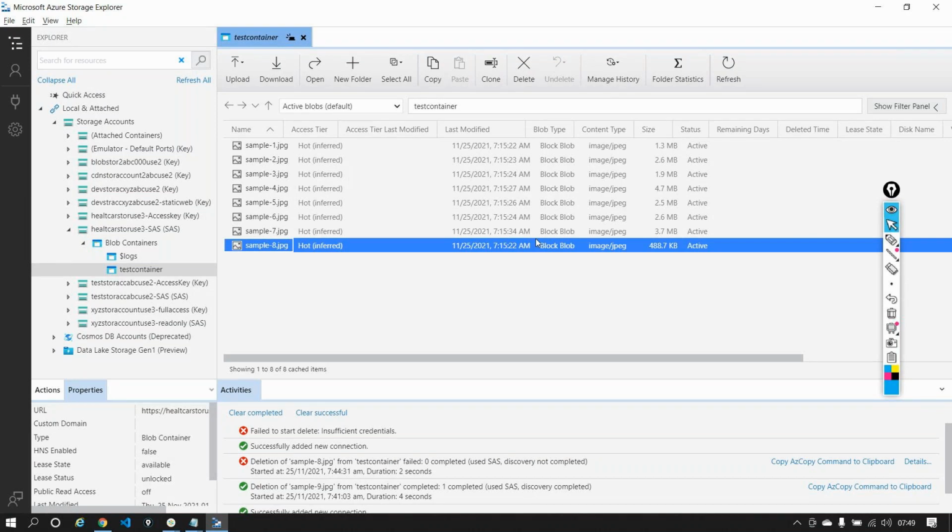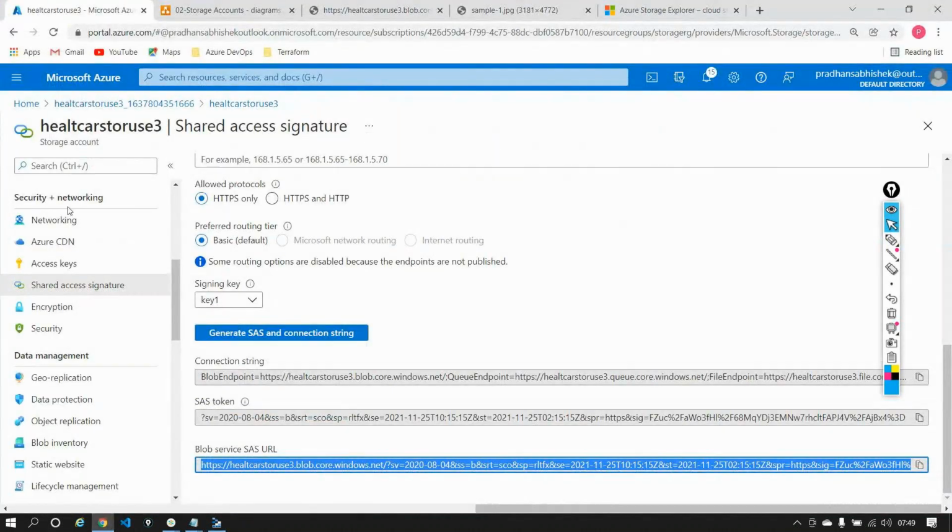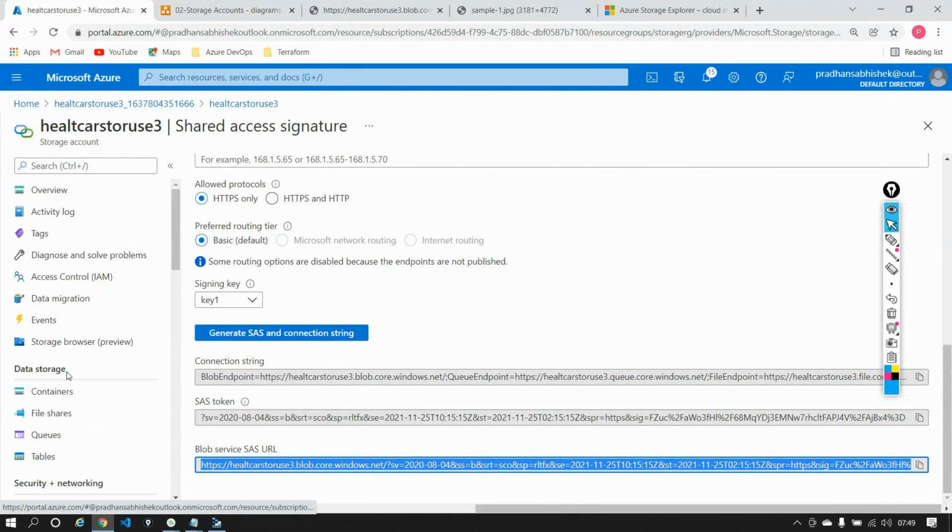Okay. Now, one last thing out here is that I went ahead and deleted a blob here. There was a blob called sample9. I deleted it. Can I retrieve it right now? I can retrieve it because there was something known as soft delete enabled for 7 days. So I can retrieve it for the last 7 days. How can I retrieve it? I just go inside the storage account service, and inside the container out here.